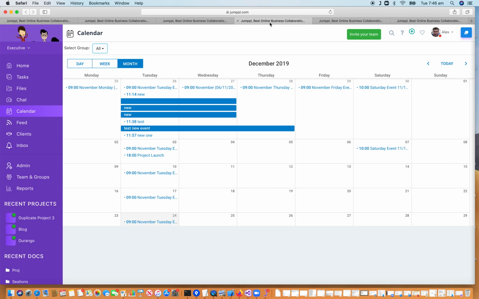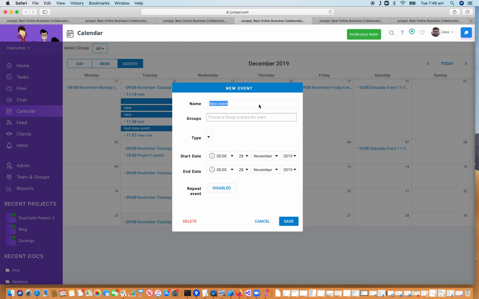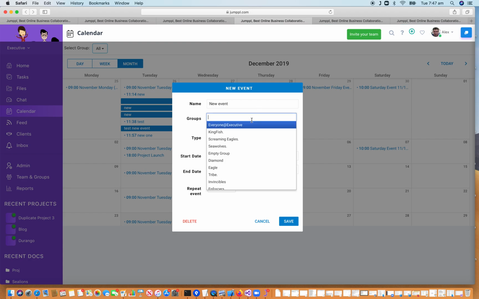and access it and make changes. Similarly, the task calendar: when you're making new events, they are created on the basis of being shared with one or more groups. So here as well,